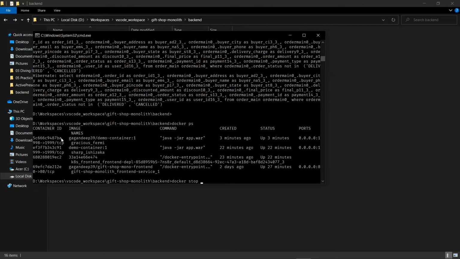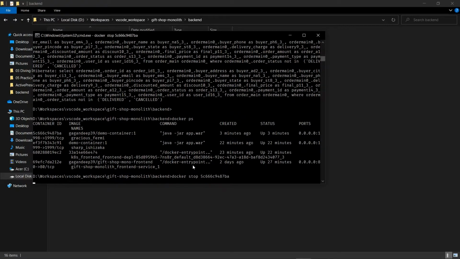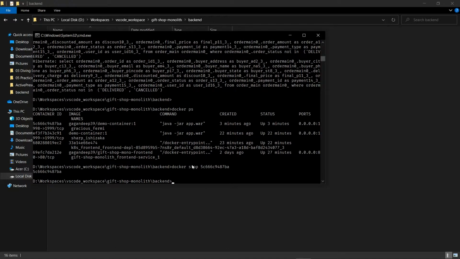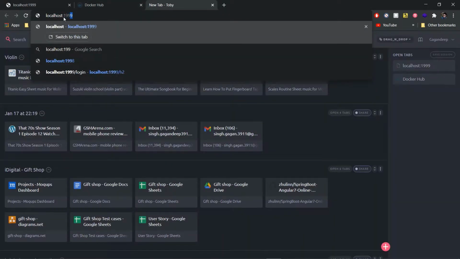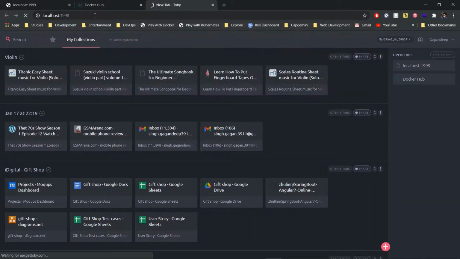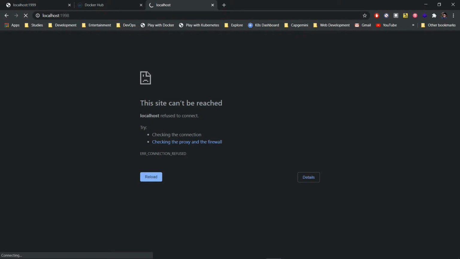Now I will copy this container ID. Enter. In this way, my image has stopped running. Now if I go to my browser and visit this port number, it won't give me any output. So my Docker image is successfully stopped.